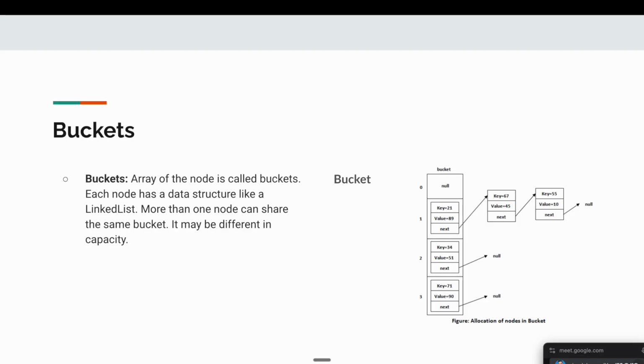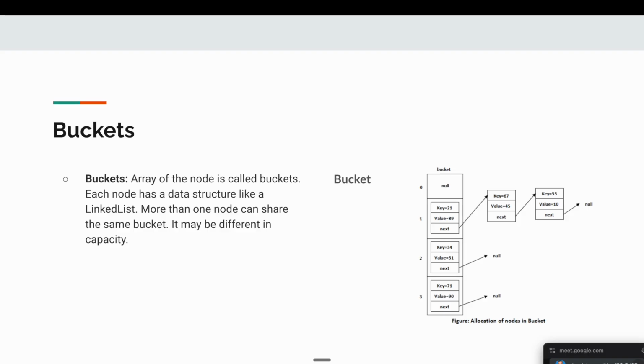Because I told you about the hash, right? So we calculate the hash of the key value object, and with that hash we find this index. Let's say I got that index is equal to 1, so it will come to the first index and it will save there. Next time I added key is equal to 34 and value 51. With the hash I calculated that index and I got 2, so it came to index 2 and